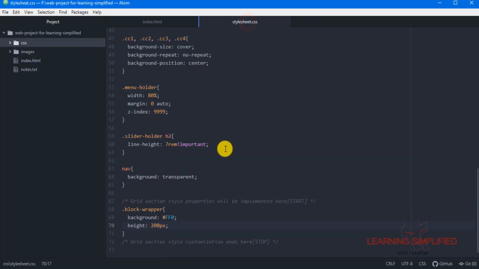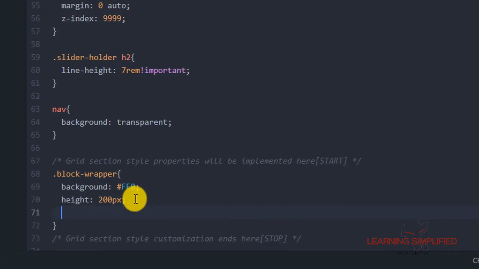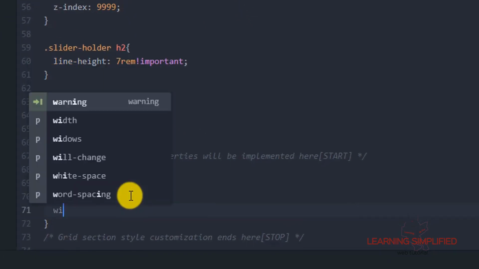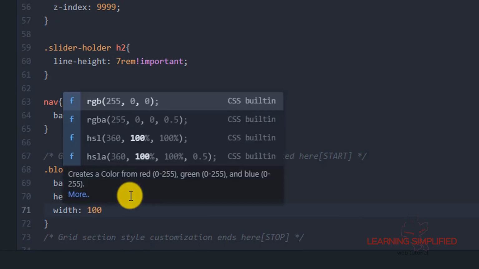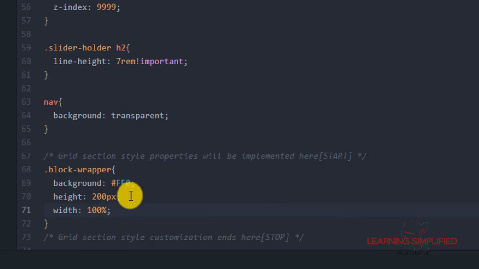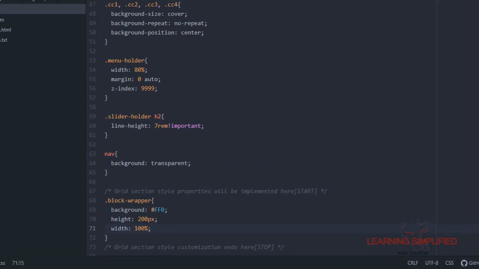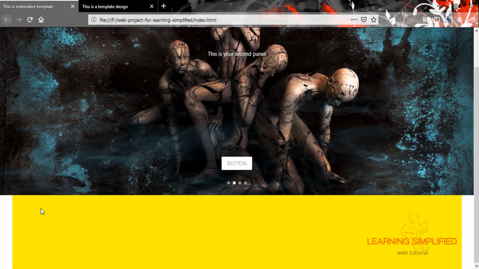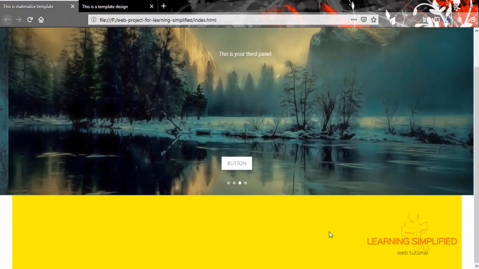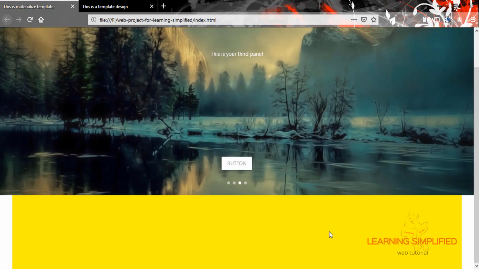So the second thing that we can do over here is mention a particular width of 100%. Press Ctrl S, get back to your project and reload, and now we can see that this will be the result. We have created this container class and it now has a full width of 100%.